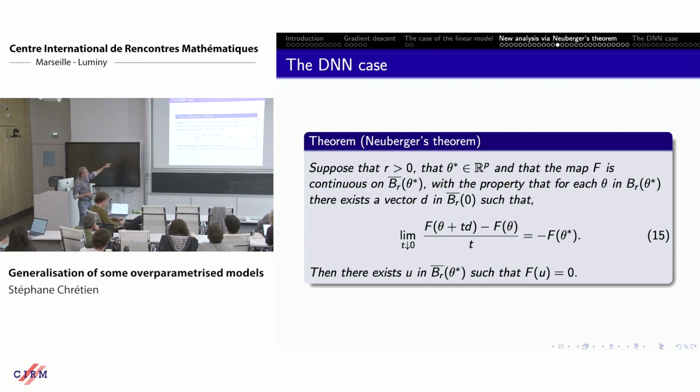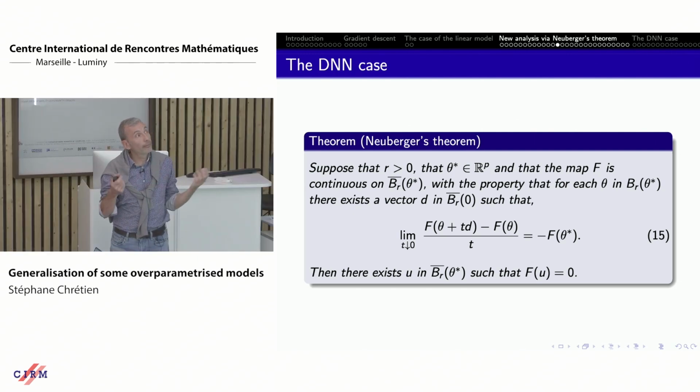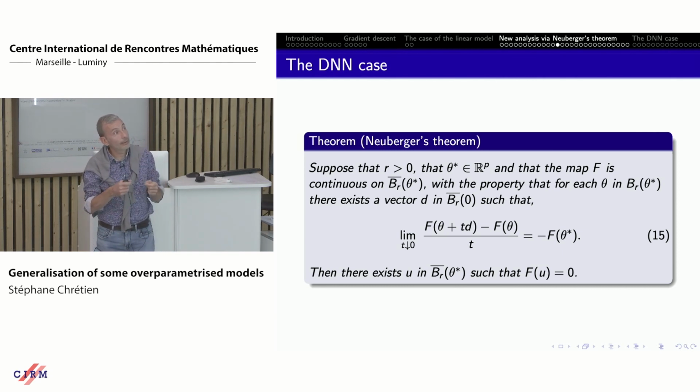And finding d is just solving a system of linear equations, okay? Finding d that solves that equation gives you maybe several d's, but if you can find one which has a very small norm, then you will be able to prove that there exists a solution to f of theta equals 0 in the neighborhood of